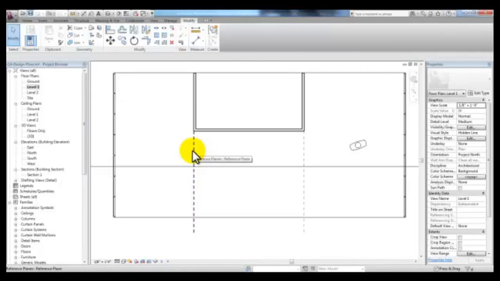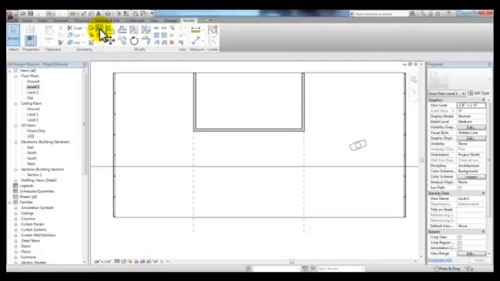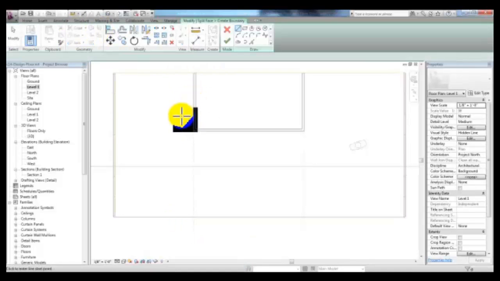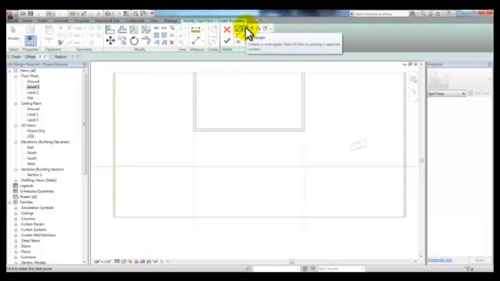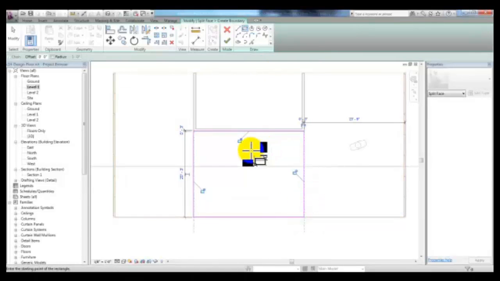Going to the level 1 view, this drawing has already set up for us reference planes that we can use to split the face of our floor. We used this tool when we looked at walls, and it is an option for site plans too. Let's go ahead and pick split face in the geometry panel and then select your floor. I'll go ahead and click and then use the rectangle tool in the draw panel to draw a rectangle for your split face. Pick the green check mark, finish edit mode,